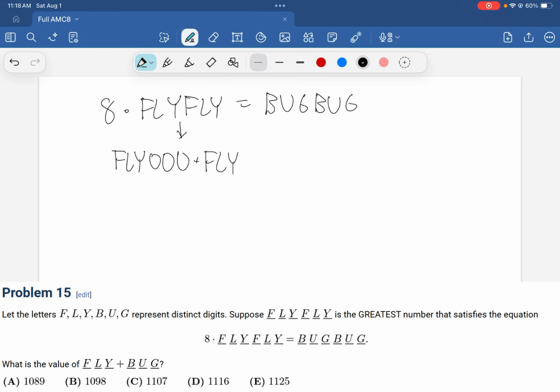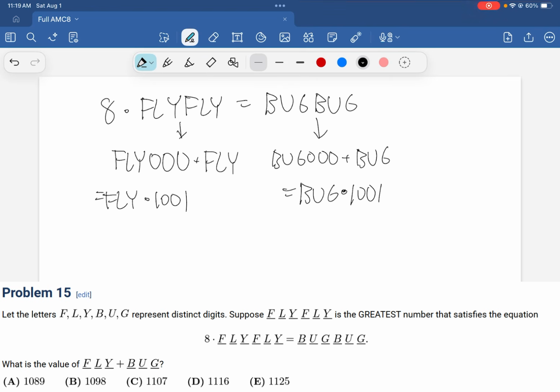So we can use the distributive property to find that this is equal to FLY times 1,001. And this makes it easier because this other side can also be written as BUG times 1,000 plus BUG, which is equal to BUG times 1,001. This is a times, by the way. So now we can actually cancel out 1,001 from both sides. And now we just have